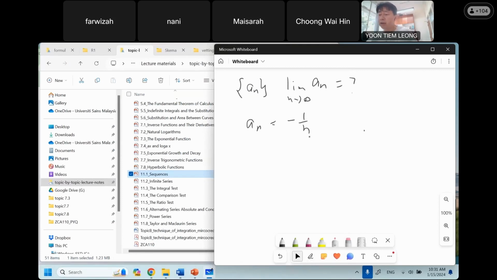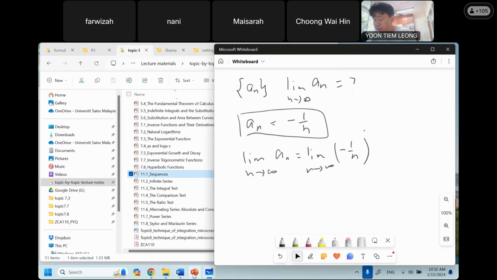So you're asked to find the limit of this sequence. The idea is actually very simple. The limit of this sequence an, which is the limit as n goes to infinity of minus 1 over n, according to the theorem